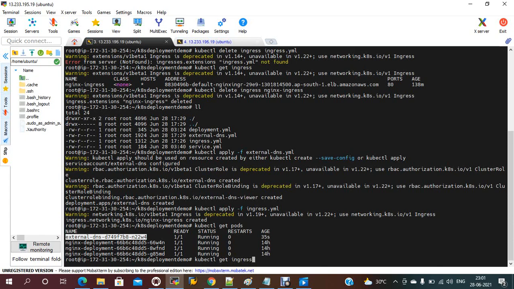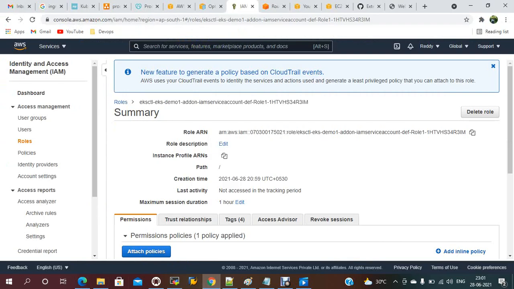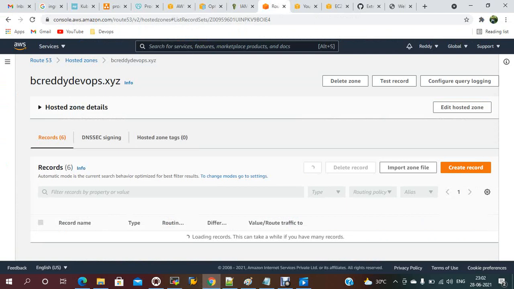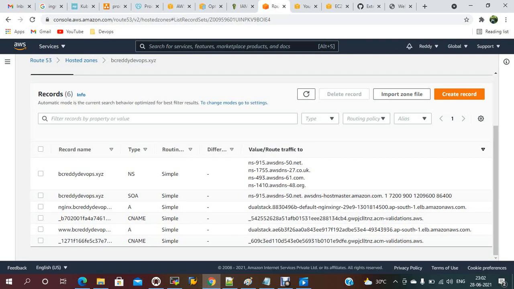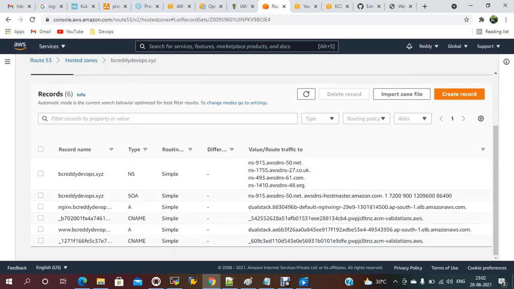you are able to get this one also. Now using this service only, the external DNS is created automatically. Now you can check in Route 53, it creates two extra records with the external DNS name. As of now, not created. CNAME.